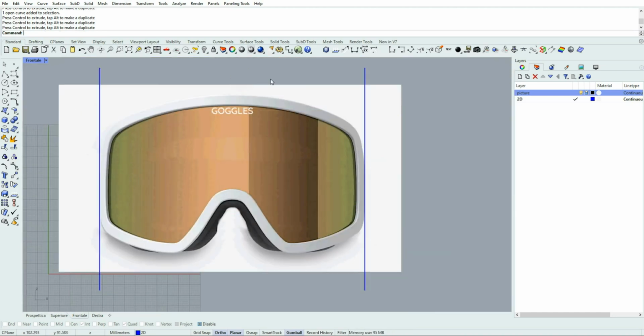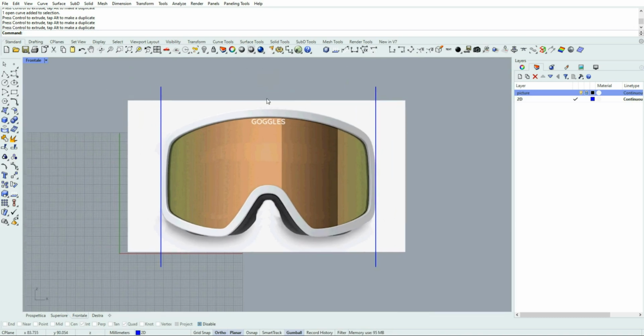Okay, just a final check. And after that, I will turn on OSNAP and I make end active. Then I pick the line command and drag a line between these two vertical lines.